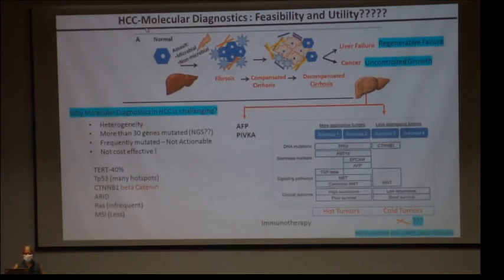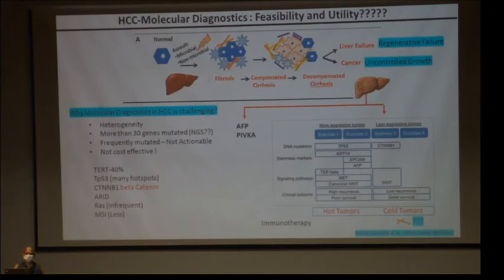So the HCC challenge is, and this is the irony: in cirrhosis, we say that the cells are not dividing. So if they're not dividing, how come this is also the background, or rather the soil, to develop a regenerative failure in the form of an uncontrolled growth of a cancer stem cell or a cancer?